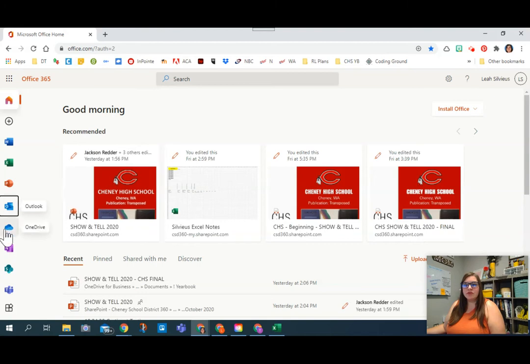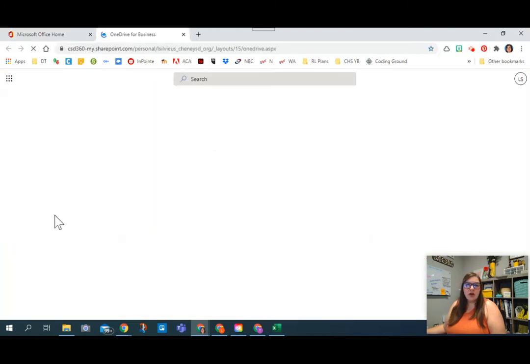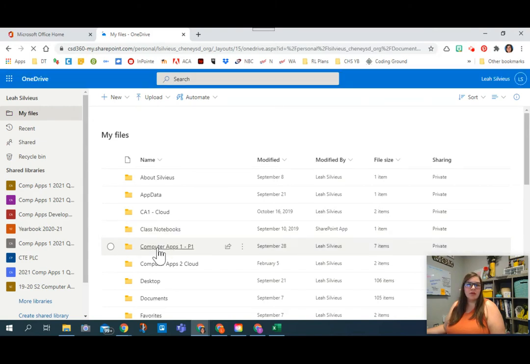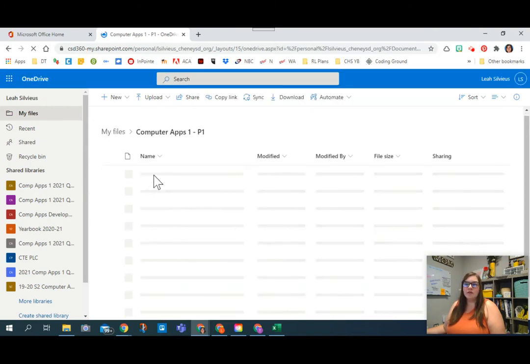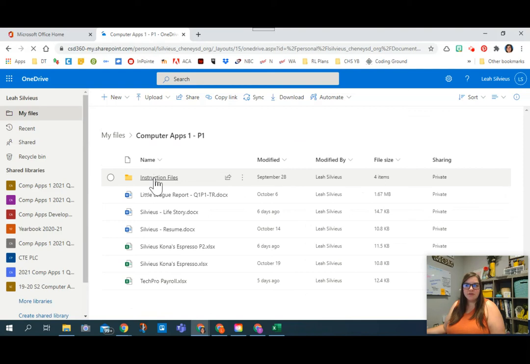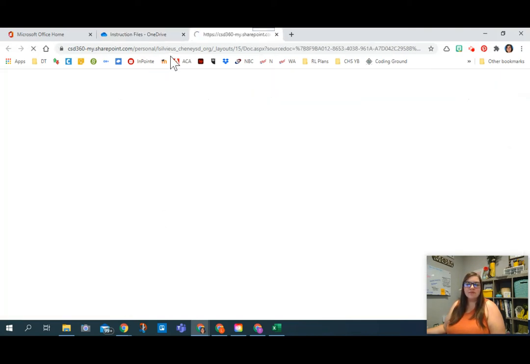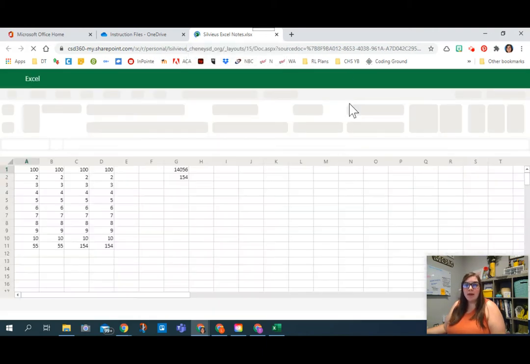So, what I'm going to do is go to my OneDrive. On my OneDrive, I'm going to open up my instruction files for Excel notes so that way I can create a new sheet on there to practice these new skills. So I'm going to go into my Computer Apps 1 folder. I'm then going to go into instruction files, and I'm going to open up my Sylvia's Excel notes. That will open up a new tab. And again, I'm going to open this up in the desktop app because that will allow me to make full